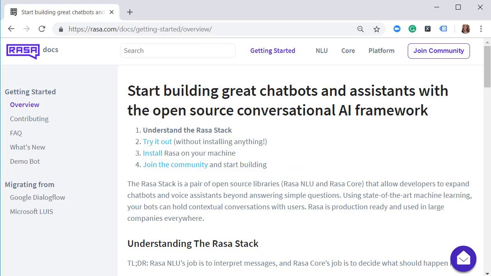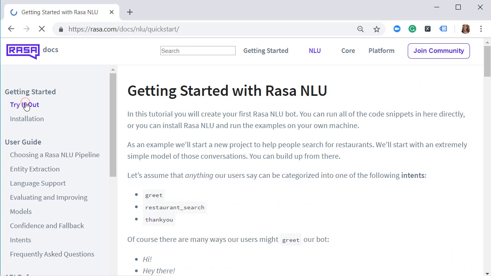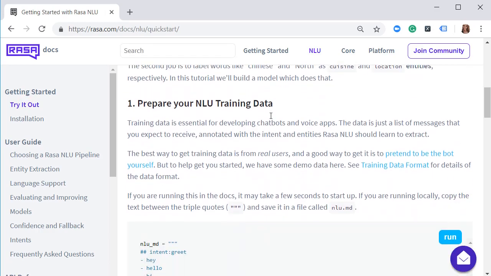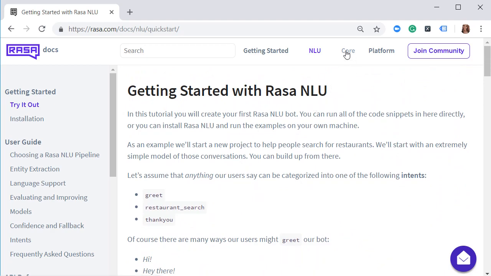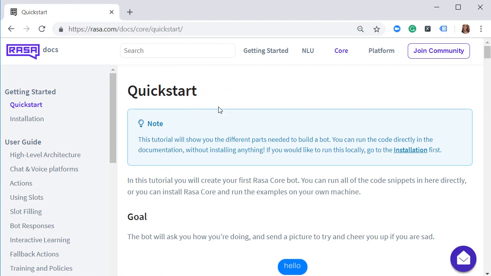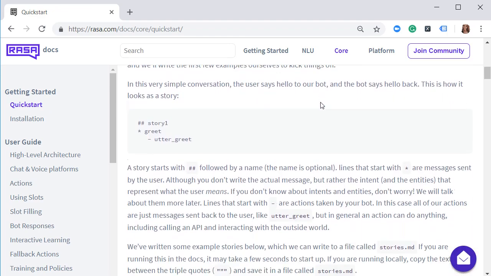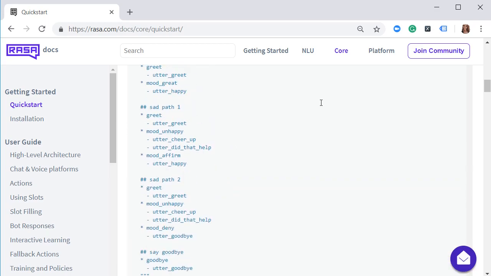If you are new to Rasa Stack, then the best place to get started is checking out the Rasa documentation. The documentation has the quick starts for both Rasa NLU and Rasa Core. These quick starts allow you to test these frameworks and see how things work in action. But if you have already done that, then you are all set to go ahead and build your first custom